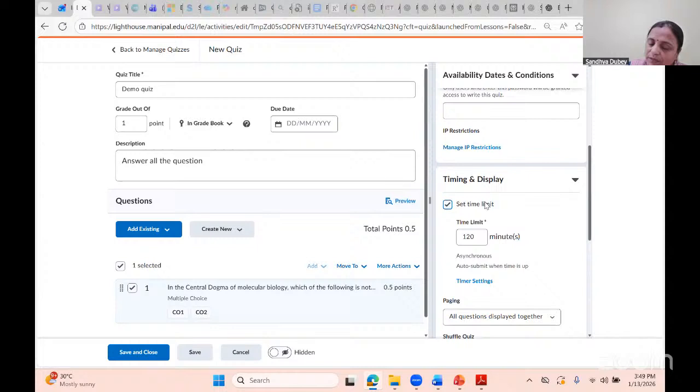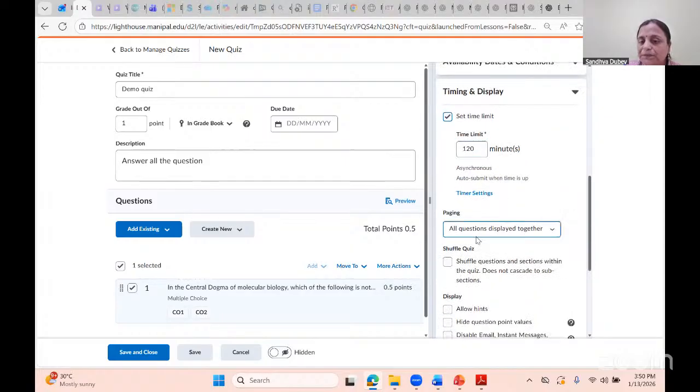The quiz will be open from 6 to 6:30, but for the student who has logged in at 6:15, the quiz will close at 6:25. Or for the student who has logged in at 6 o'clock, the quiz will close at 6:10. So they will not have a window to change or update it. To maintain the integrity of the test, you can set the time limit.